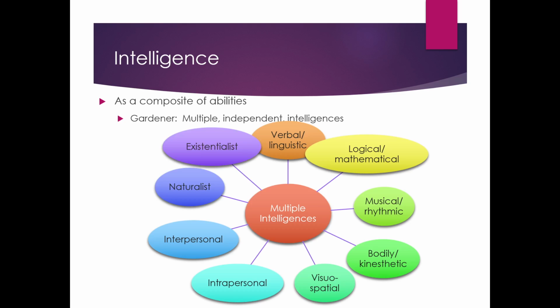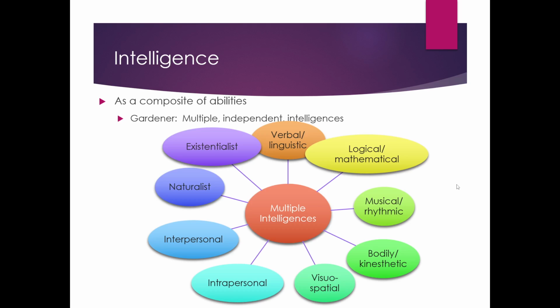And then finally, existentialist refers to your knowledge of like why you exist. What's the purpose in life? So in existentialist intelligence, a person who's high in that has been able to at least generate or internalize explanations for why they're here, what the purpose of life is, and things like that. I hesitated for a second because it's like, well, do any of us really know what the purpose of life is? But if we can convince ourselves that we know what that is, then that's what's going on.